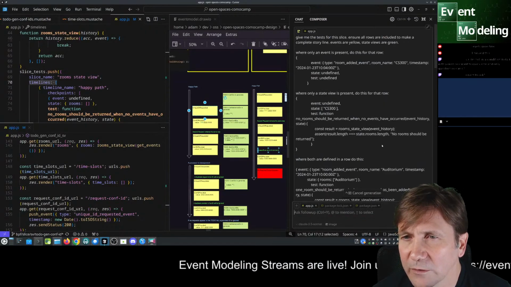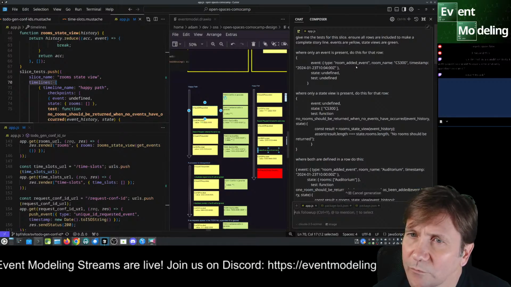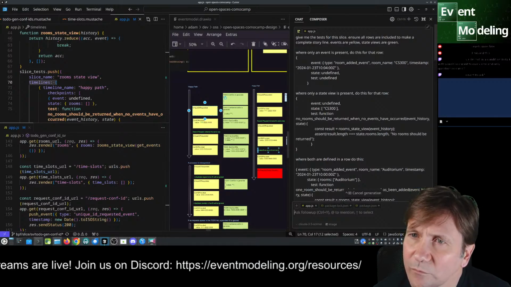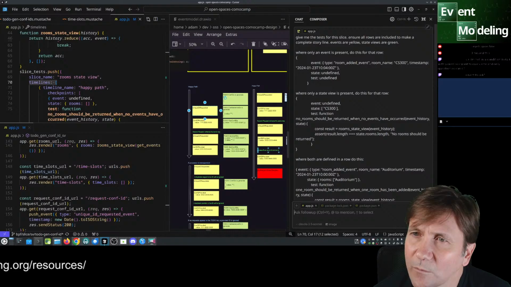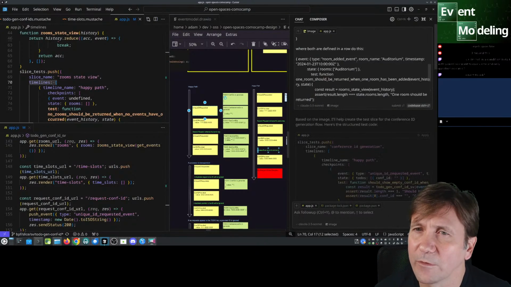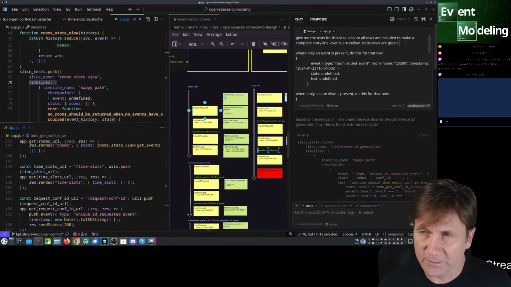I was getting two. Go through each row. Do not skip any rows.